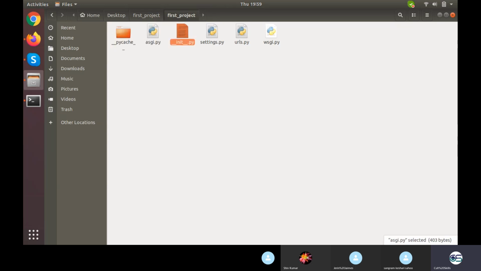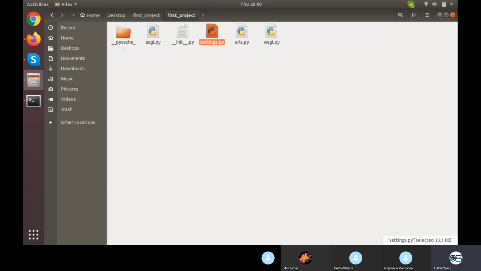This __init__.py is nothing different, but it maintains a kind of modular hierarchy with this first project. If you are a rookie in Python, you should know that whenever you want to turn a folder into a module, we maintain an __init__.py in it. What that __init__.py does is declare this folder as a module, a callable module, which can be imported into another Python script. Then we have urls.py and settings.py. So this is the project folder.